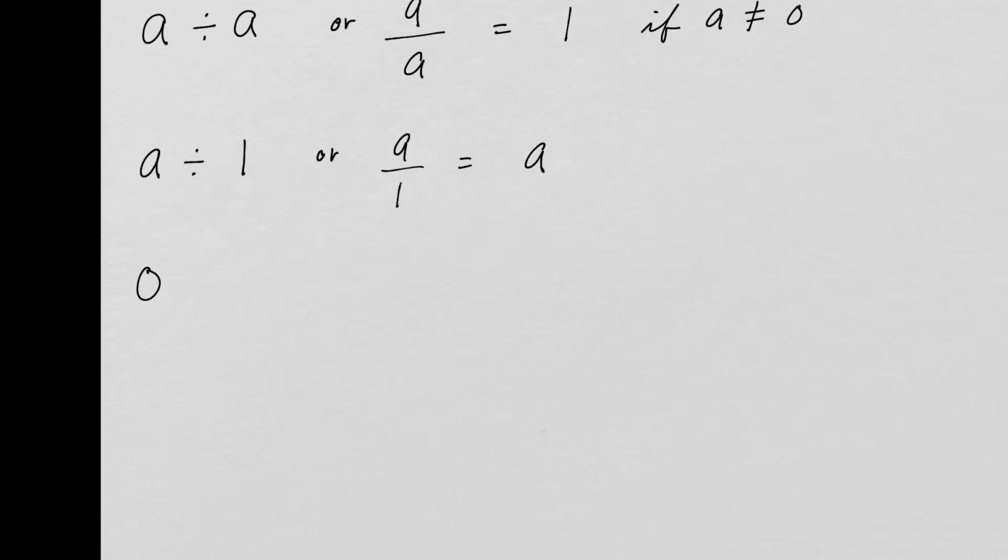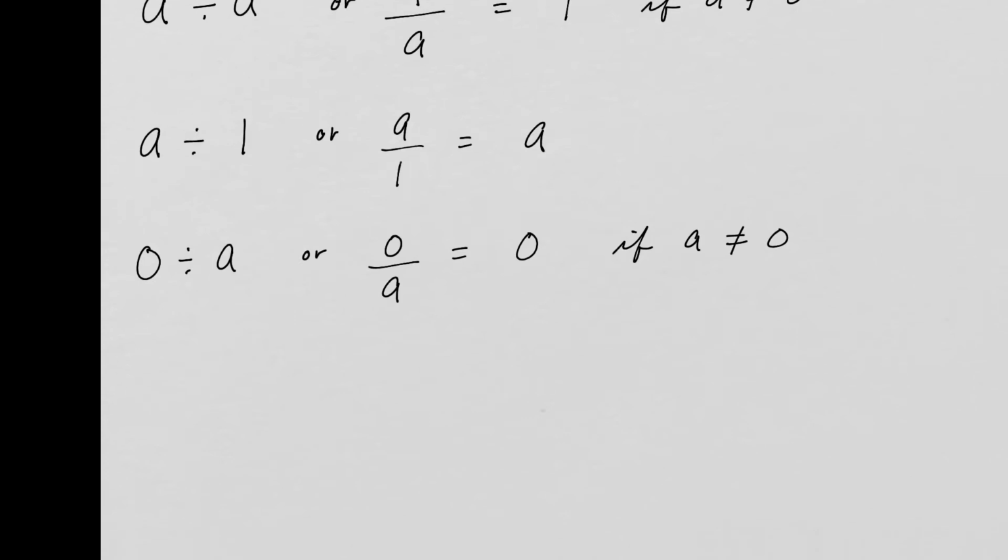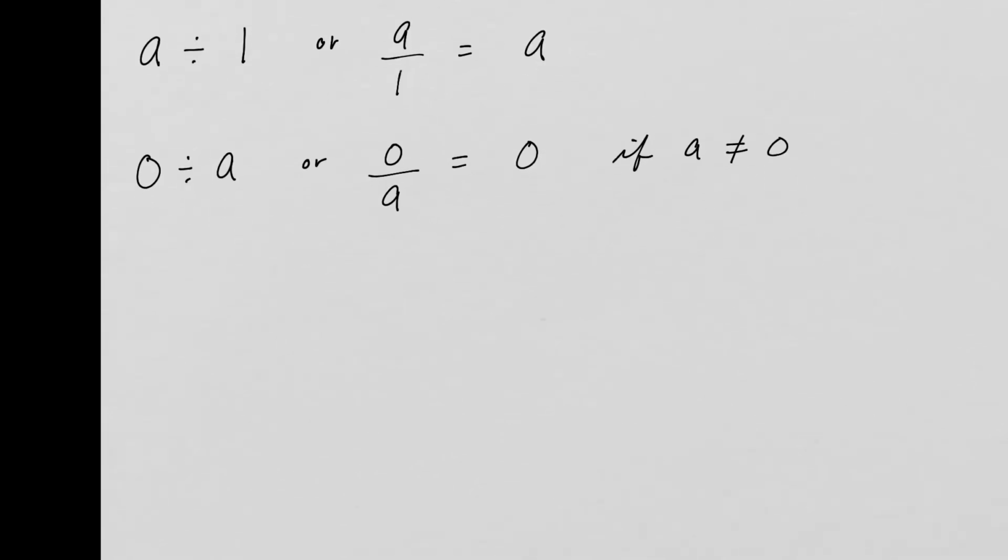So if I take 0 and divide it by any number, or I could write it like this, that is equal to 0 as long as a itself is not 0. So I'll say if a is not equal to 0. So again, 0 divided by 27 is 0. 0 divided by 1 million is 0. As long as the denominator is not 0, then that answer is going to be 0. And of course, if we go the other way,